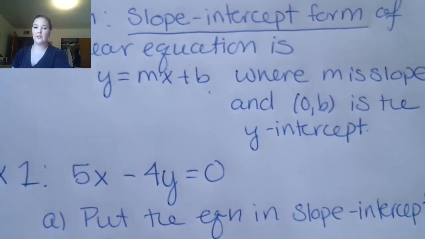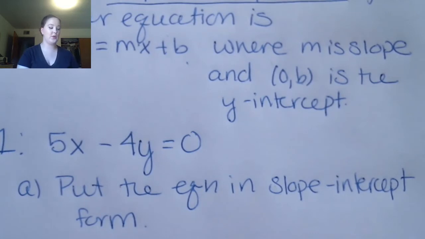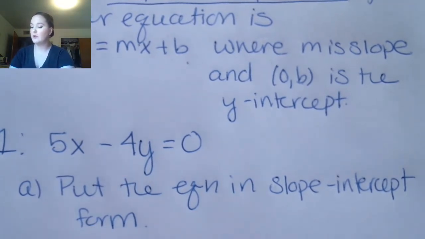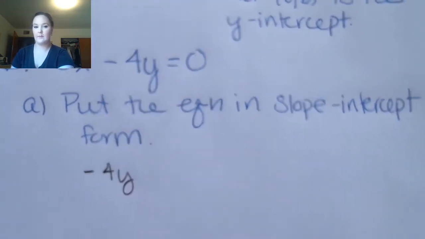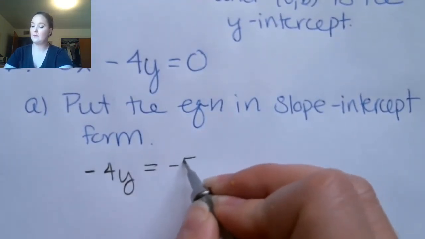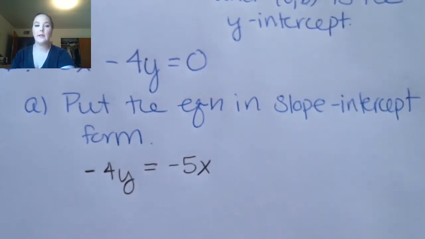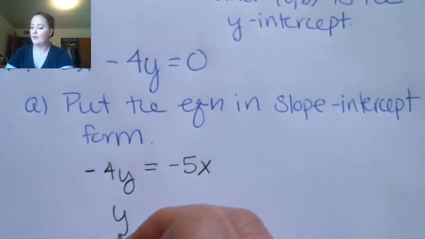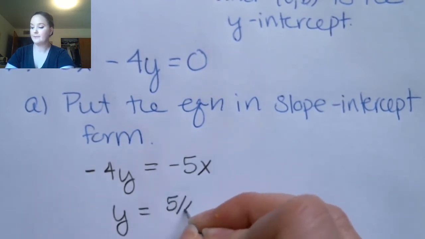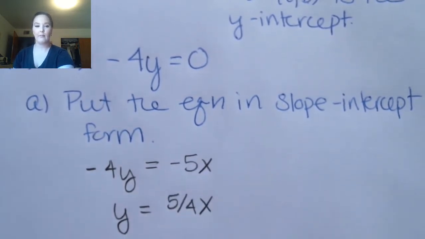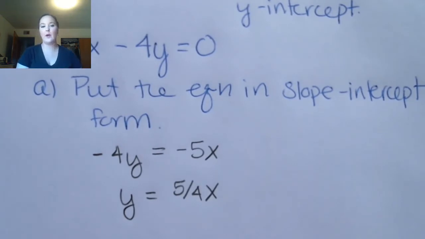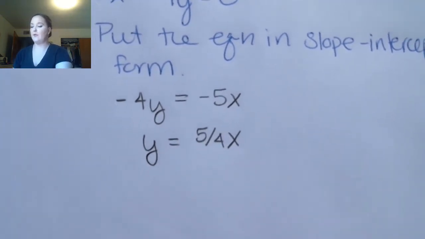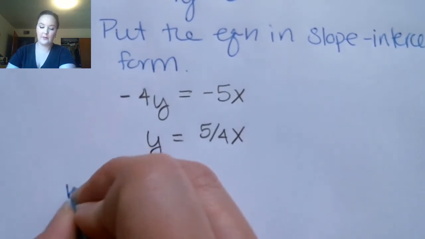Okay, so the first thing we're going to do is put this equation into slope-intercept form. Okay, so we're going to do that just algebraically. Okay, so the first thing I'm going to do is subtract 5x from both sides. Okay, and then I'm going to isolate the y by dividing by -4. Okay, so there we go. I'm in my y equals mx plus b format. Okay, so for part B,